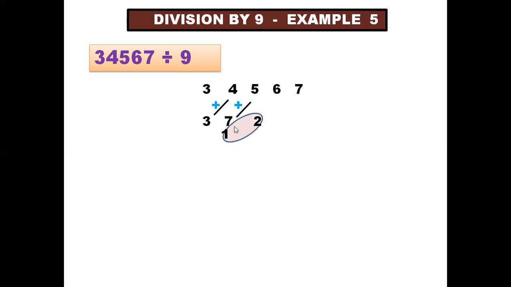Now we add 12 with 6, that is the next digit. We don't add just 2, we will add 12. Keep this in your mind. So 12 plus 6 is 18. Now again we write 8 here, and 1 will be below 2. Now again we will add 18, because 12 plus 6 gave us 18. So 18 plus 7 is 25. Now you can see 25 is greater than 9, definitely.